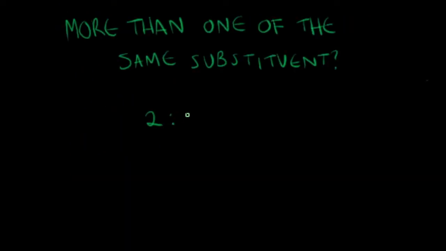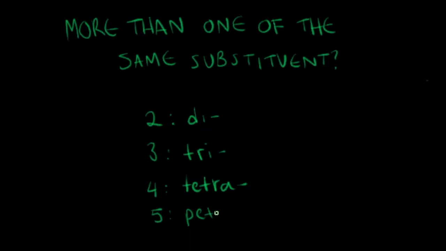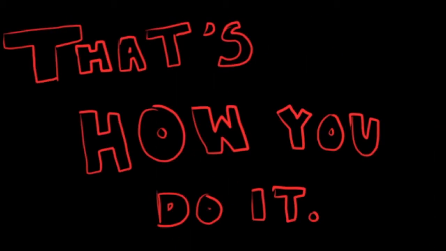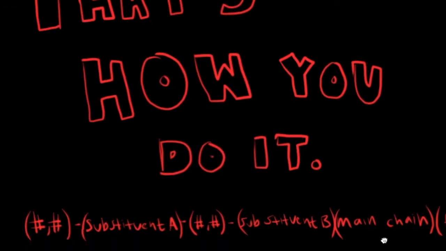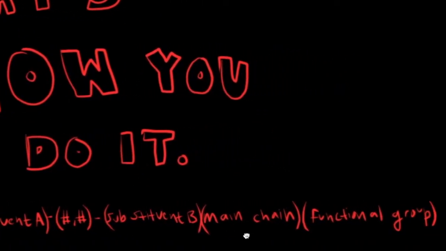However, when we start getting to the much more complicated types of organic compounds, you may have more than one methyl group or ethyl group attached to your main chain. So if you have more than one of the same substituent, you have to start additionally using prefixes such as di, tri, tetra, etc. At the bottom of the screen, you can see a quick review on how to name